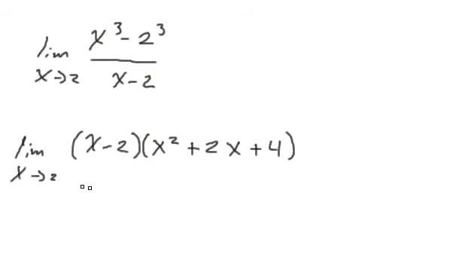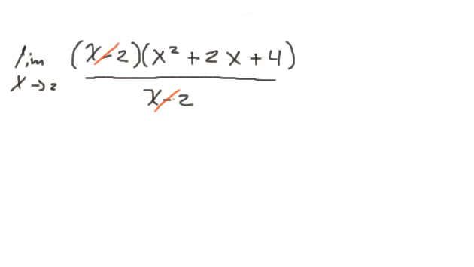Okay? And I guess I better not leave out the denominator here. So now as you can see, we can cancel out an x minus 2 in the numerator and an x minus 2 down here in the denominator, and now we can go ahead and rewrite the problem